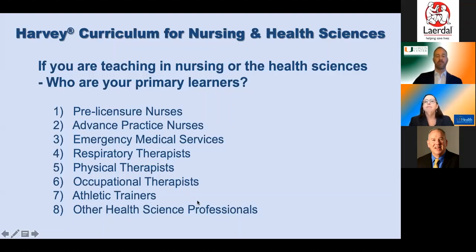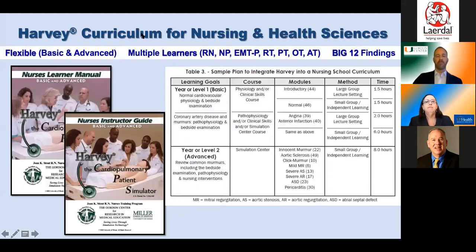On the next slide, I'll talk a little bit about some of the work that we did about 10 years ago, where we gathered together nursing representatives from 8 different programs around the country, both associate degree, baccalaureate degree, and master's degree nursing programs, and identified within the existing Harvey curriculum what would be content particularly useful for nursing. As it turned out, that content was also useful and very easily adapted to the other health professions.